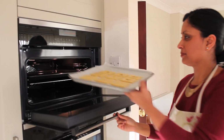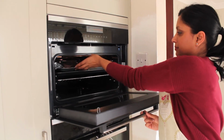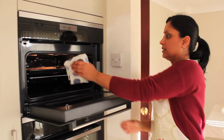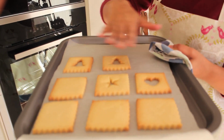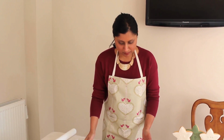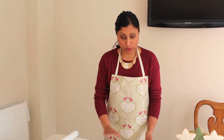And then we're going to bake these in the oven for about 10 to 15 minutes at about 180 degrees. In for about 10 minutes, we're just going to see how they look. So you want them to be baked with a lovely golden look to them, but not too browned around the edges. So we've got our lovely baked biscuits fresh out of the oven, and they've cooled down to